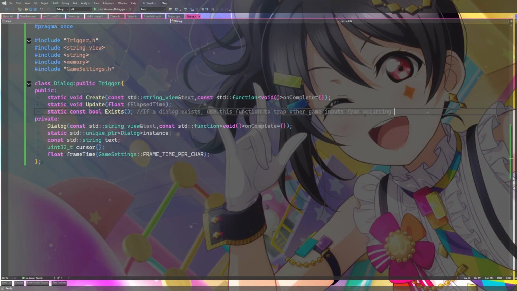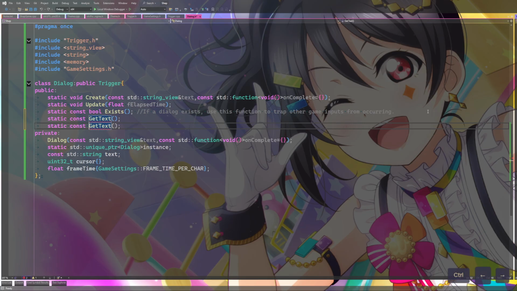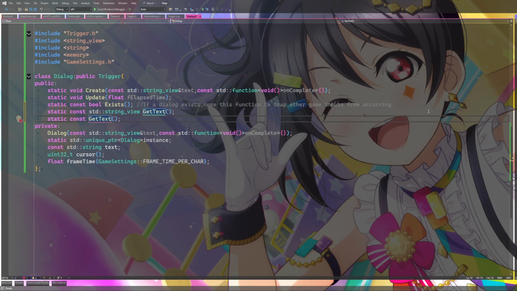Here, let's just write a function for this. We're gonna need to anyway. Get text. And we also need a function, a control, for advancing the text. So we have a string view for that.